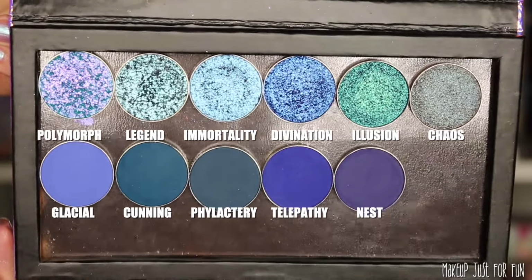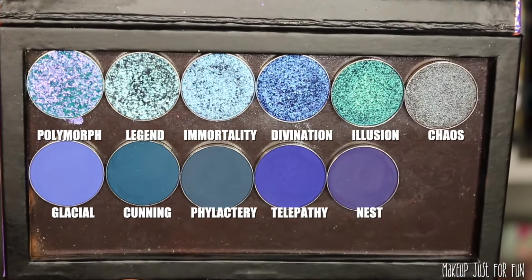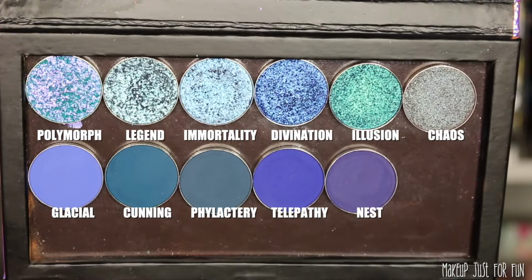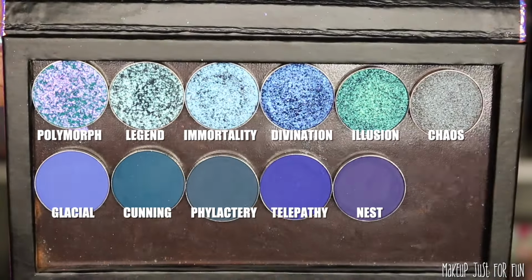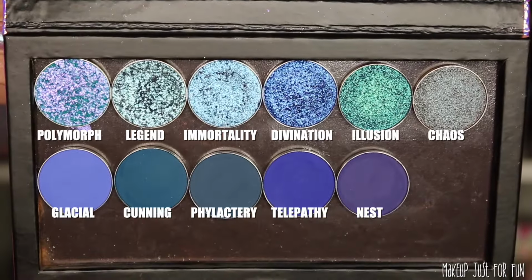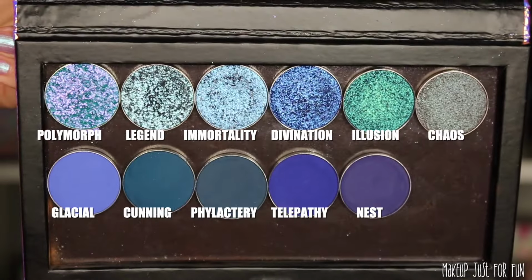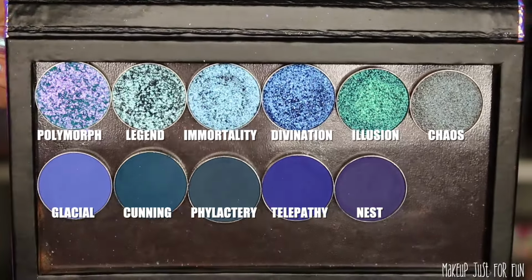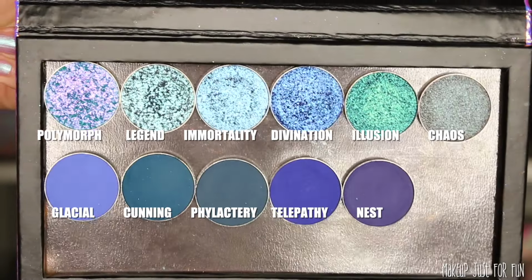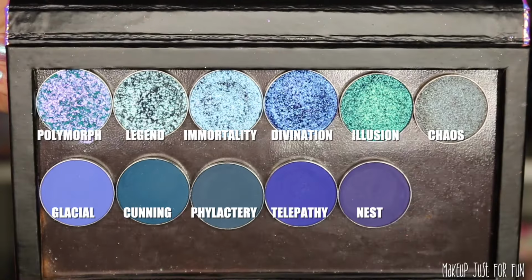They also have released 10 single shadows, so not within any palettes. 6 of those are from the Lost Library collection, and then 4 are the Dragon Egg holochromes from the Cradled in Ice collection. So that adds up to 122 individual eyeshadows. Like I said, I triple and quadruple checked to make sure that I have all 122 in